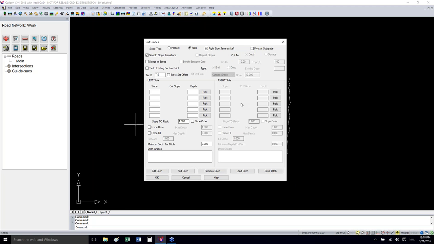Let's go cut. We're going to do a ratio, and we're going to treat the right side the same as the left. Now, of course, if you need a left cut and a right cut or different cuts, or different fills, you can do that, and you have so many options in here what to do. We're just going to do a simple one. We're going to treat the right side the same as the left. So let's go down at a 4:1, and we're using ratio here, and let's go a depth of, I don't know, 6 feet,